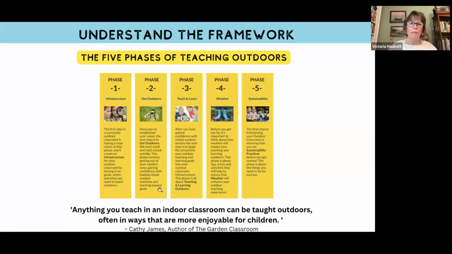Some were in phase 1, which is infrastructure, having trouble just getting outdoors. Some were already teaching, ready to dive into the meat of it all, which is the teaching and learning outdoors. And then weather: how can we teach outdoors throughout all weather and be prepared for that? And then also sustaining all of this work that we've created.